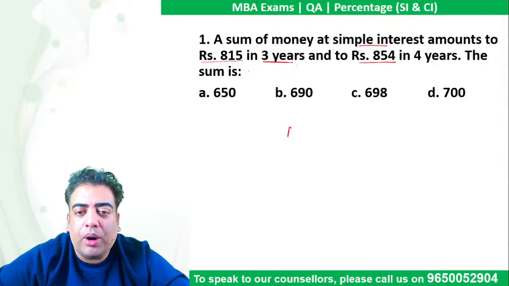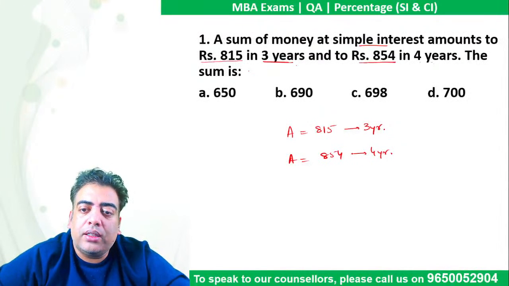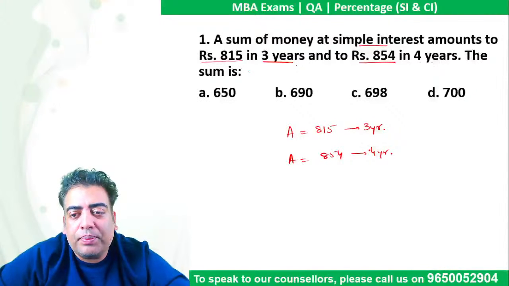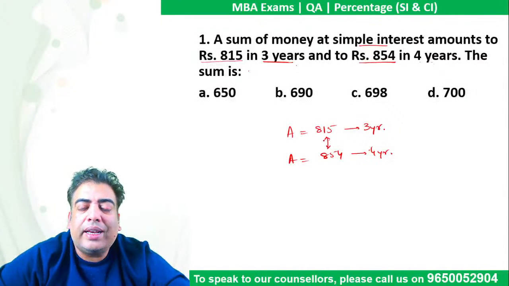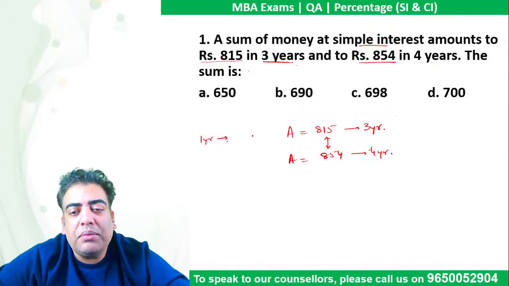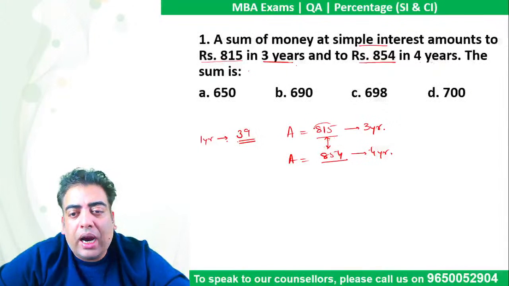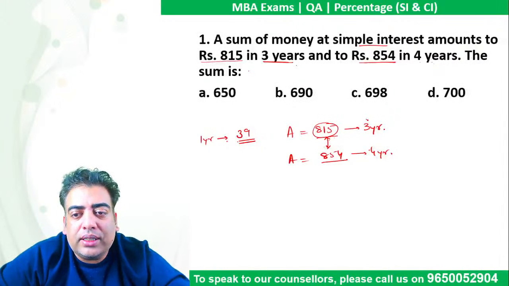So हमें दे रखा है कि अमाउंट जो आपका है it is 815 after 3 years and it becomes 854 after 4 years. राइट, सो 3 से 4 साल, 1 साल के पीरियड में जो ये वैल्यू बढ़ा, कैन आई से इट इज नथिंग बट ओनली एंड ओनली द इंटरेस्ट वैल्यू ऑफ 1 ईयर। तो 1 साल में मेरे को इंटरेस्ट मिला कितना, मेरे को 854 माइनस 815 करना होगा। सो 14 माइनस 5 इज 9 एंड 4 माइनस 1 इज 3। 1 साल का इंटरेस्ट है 39 रुपीज।